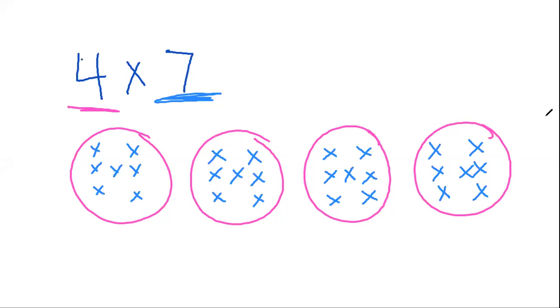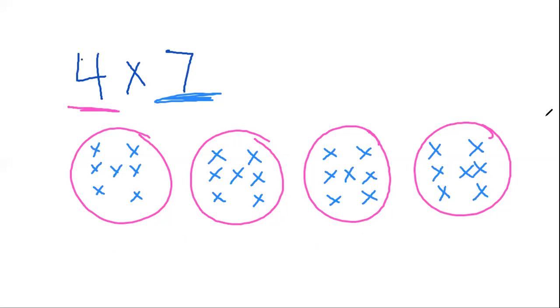Okay, so I have my 4 groups, and I have 7 counters in each group. Now, I can do this 2 ways. I can add them all together and do 7 plus 7 plus 7 plus 7, right? Easily, I could do that, and I would get the sum of 28. Or I could also